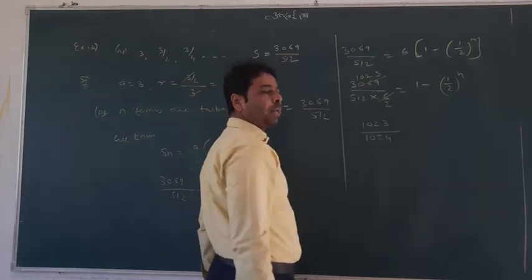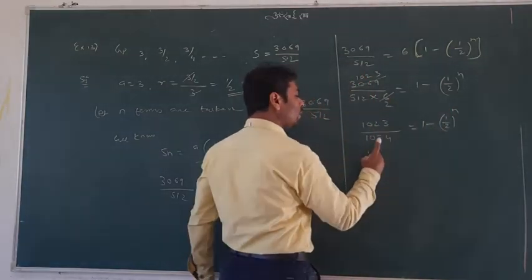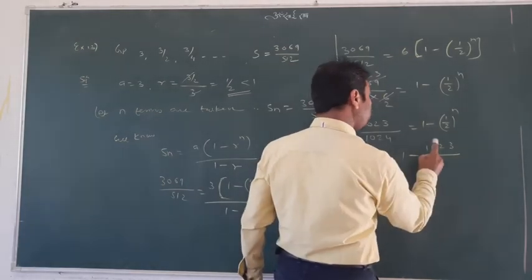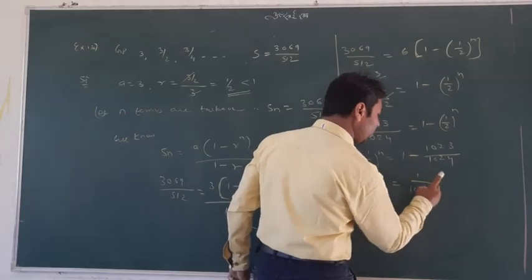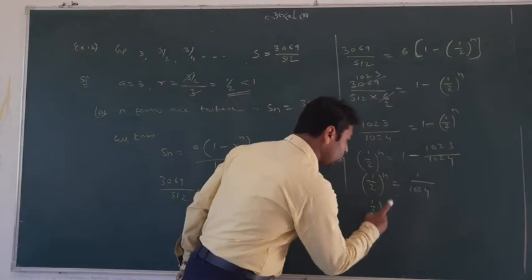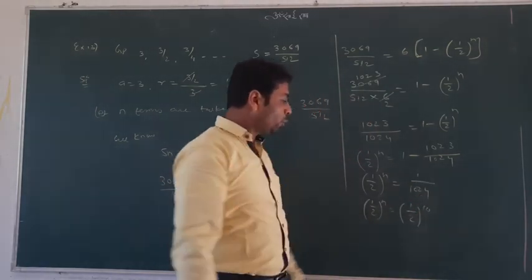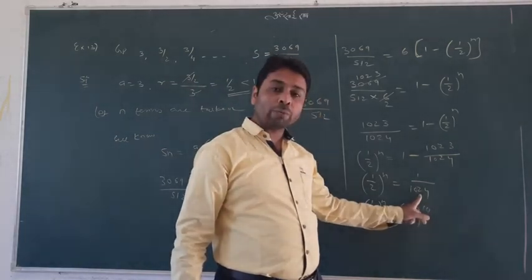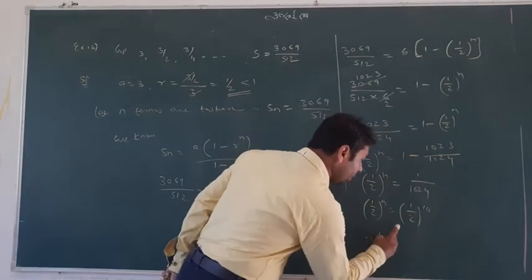These two will multiply. And what I will do now, student, look at, I transfer 1 by 2 to the power n here. 1 minus 1023 upon 1024. After taking LCM, I will have 1 by 1024. 1 by 2 to the power n equals this, and I'll write all this as 1 by 2 to the power 10. One should understand that 1 to the power 10 is 1, but 2 to the power 10 is 1024. Why have I chosen 1 by 2? Because on the left hand side it was 1 by 2. Now can you compare? So n equals 10.